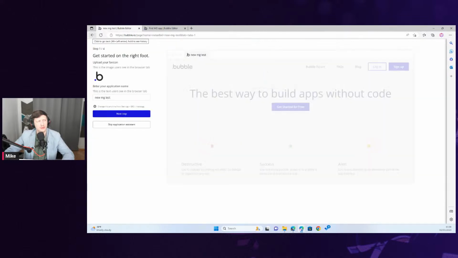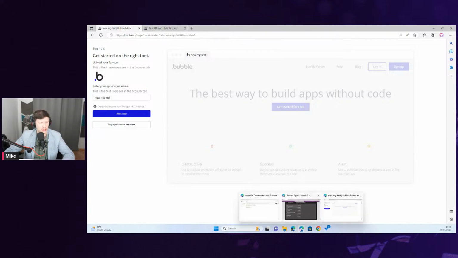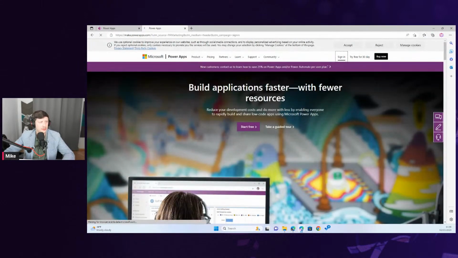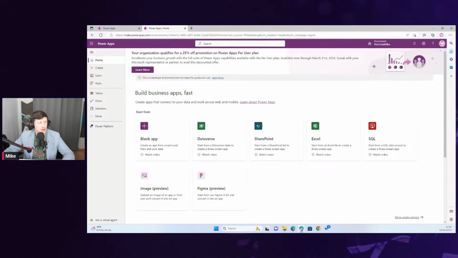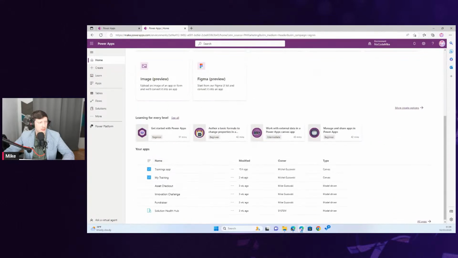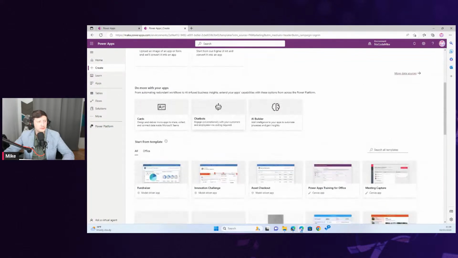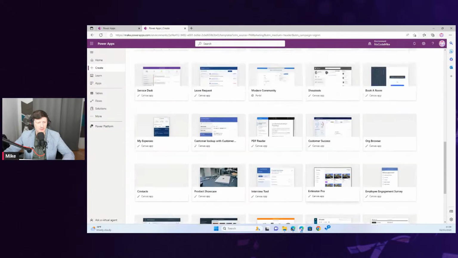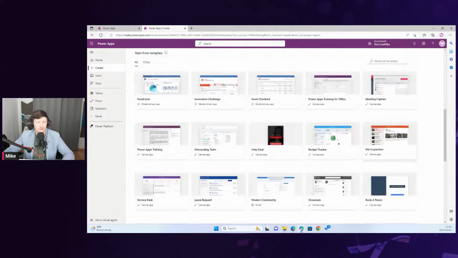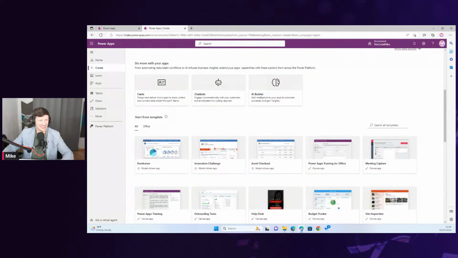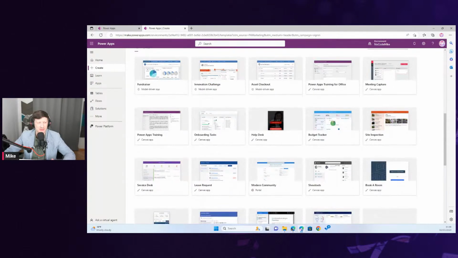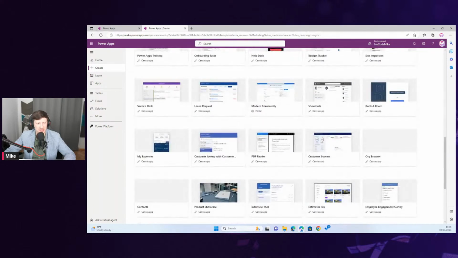Actually, in Power Apps, of course, you have some basic fundamental templates you can use. Actually, I can quickly show you that as well. So check this out. Whenever I open the Power Apps platform, here are templates. No, hold on, create. And here are some templates, but there are not many of them. It's like 5 times 5, not more than 100. Nevertheless, you have a couple of simple templates, and that's all.